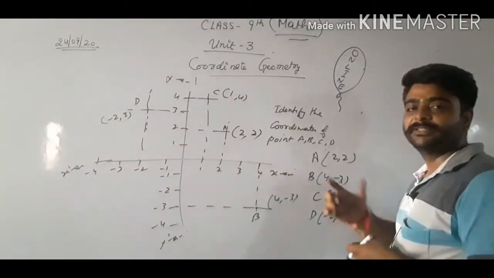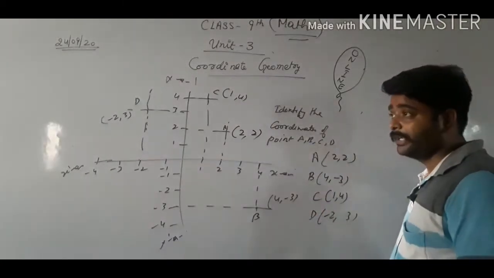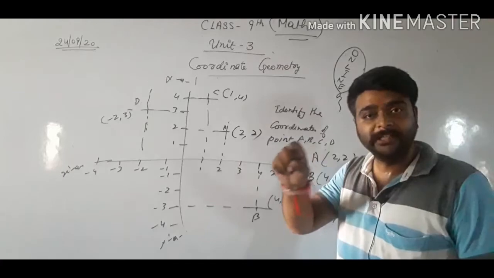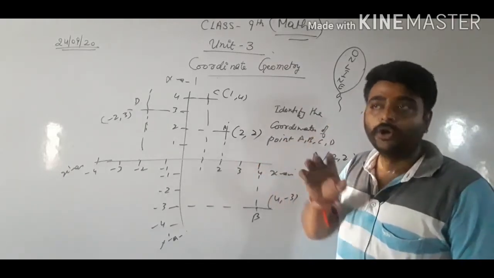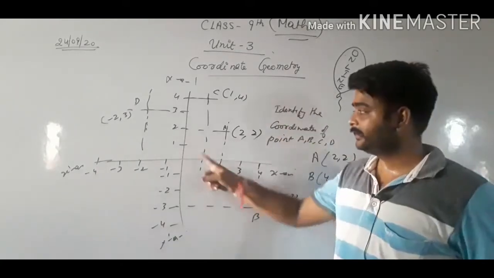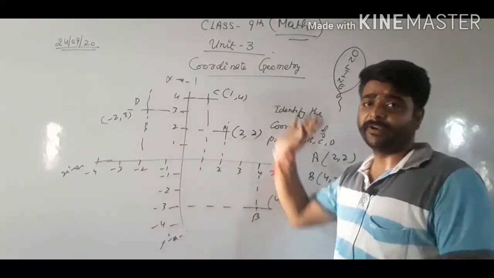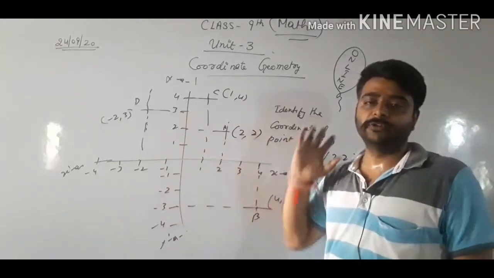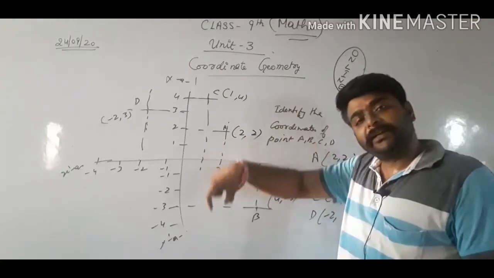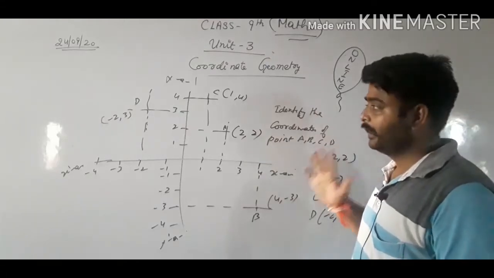So class, this is the second type of problem you are facing in unit number 3. So class, what have we read? We have read that there are two lines. One is horizontal, the other is vertical. The horizontal line is named the x-axis, or abscissa, and the vertical line is named the y-axis, or ordinate. The point where they intersect is the origin. Got it? When they intersect each other, the plane is divided into 4 equal parts and each part is known as a quadrant. And there are two problems: one is to plot points on a graph, and the other is to find the coordinates of given points A, B and C. Any doubt till here class?